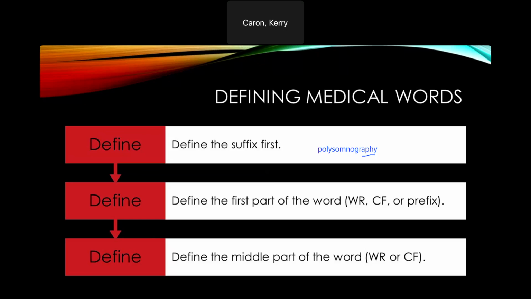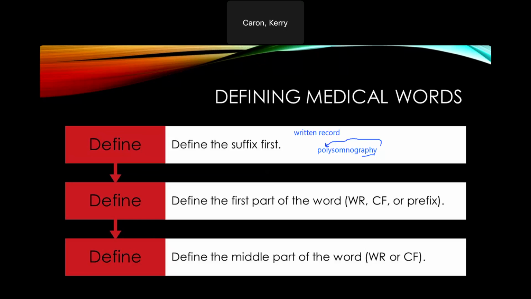Then you're gonna go from the suffix, and it says number 2, define the first part of the word, whether it is your word root, combining form, or prefix. In this case, we have a prefix, so we're going to go right here to the prefix,